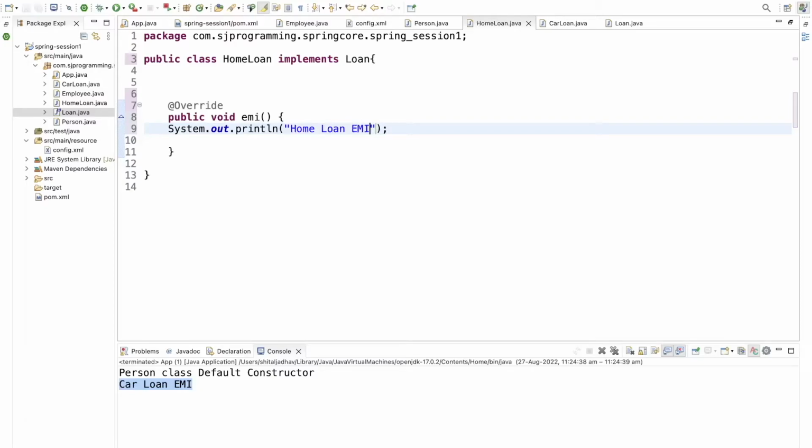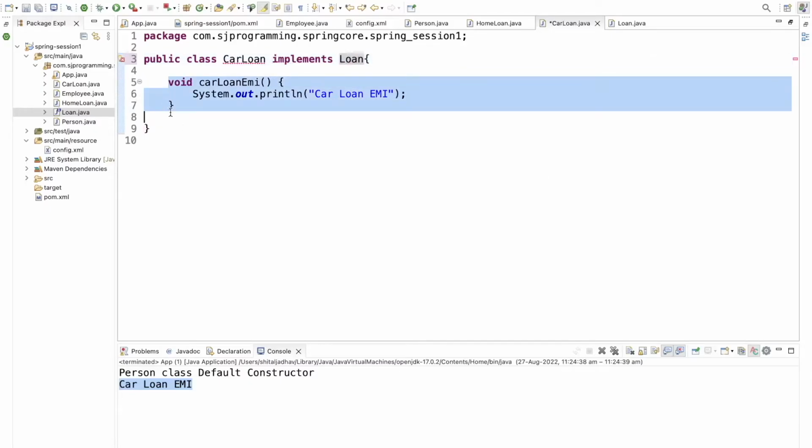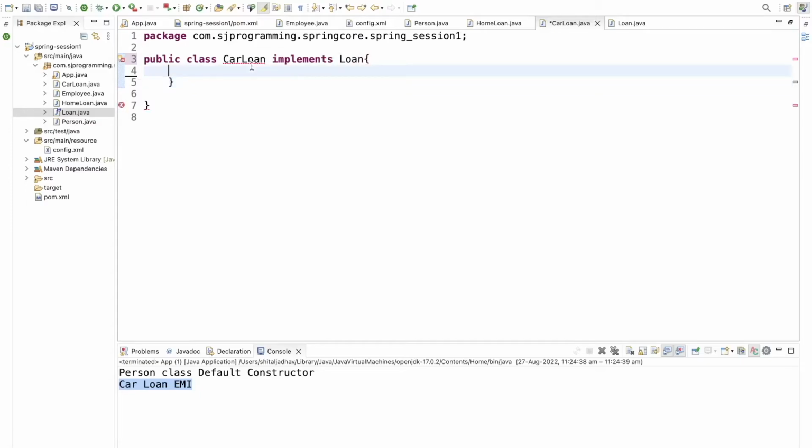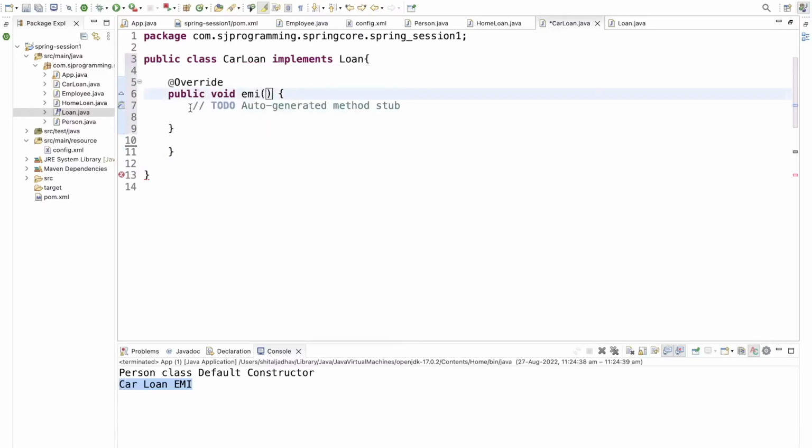Now if we go to car loan, inside this car loan also let's implement the loan interface. And here also we have to remove this and implement the unimplemented methods. So just click here, add unimplemented methods, and remove this and just write